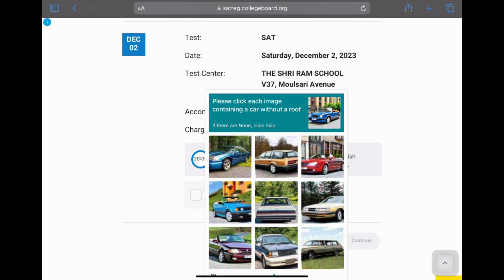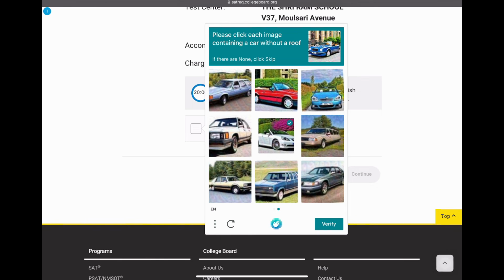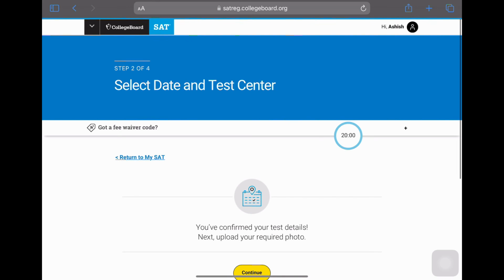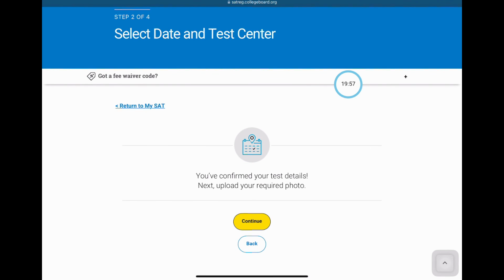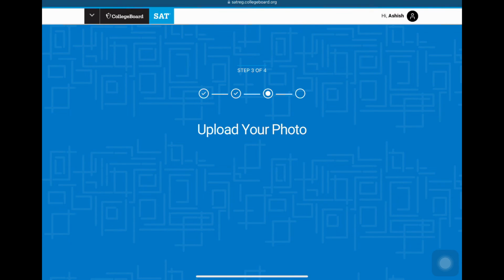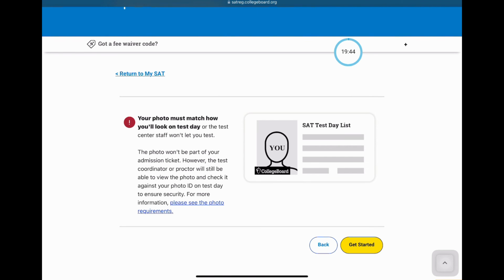Verify. Continue. Here you will have to upload your photo. When you are done uploading your photo,